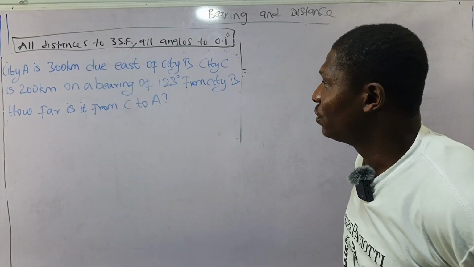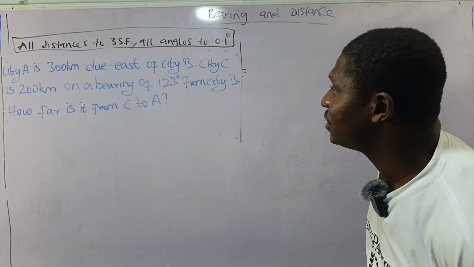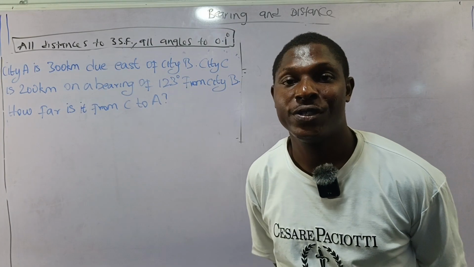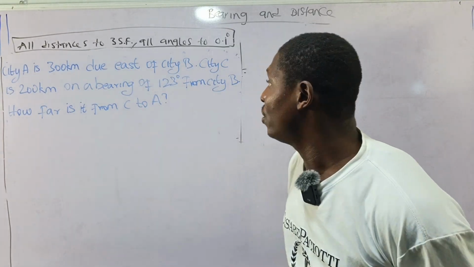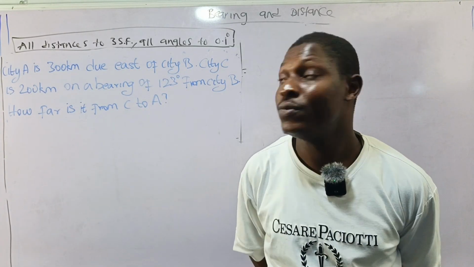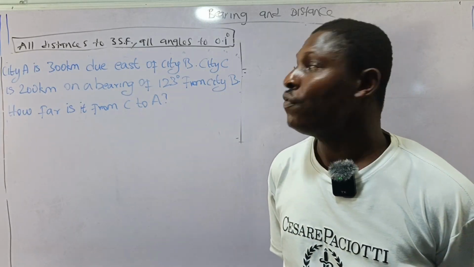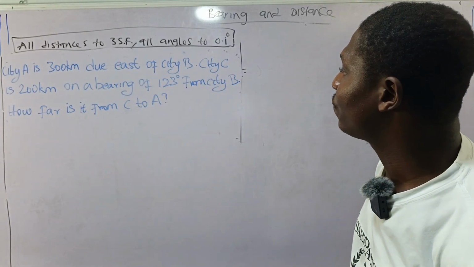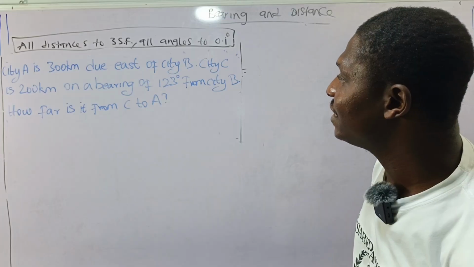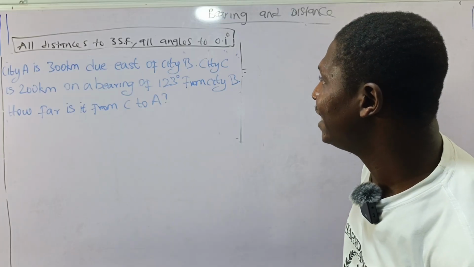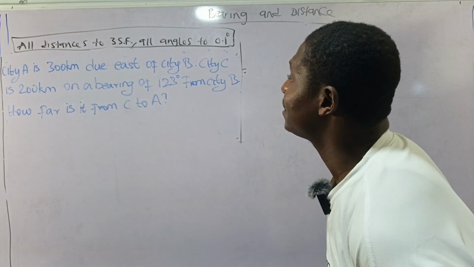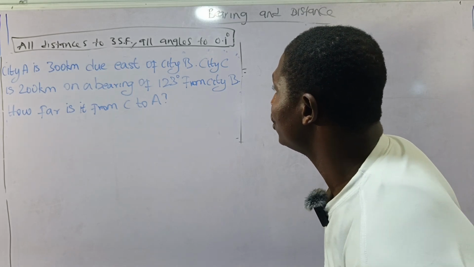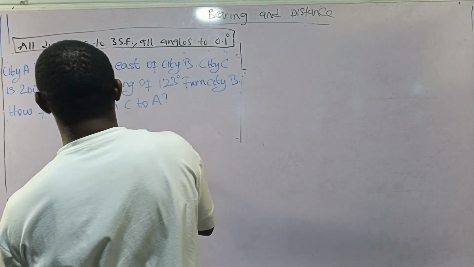So we have a question. It says city A is 300 kilometers due east of city B. City C is 200 kilometers on the bearing of 123 degrees from city B. How far is it from C to A? So let's see. It says city A is 300 kilometers due east of B. So therefore,